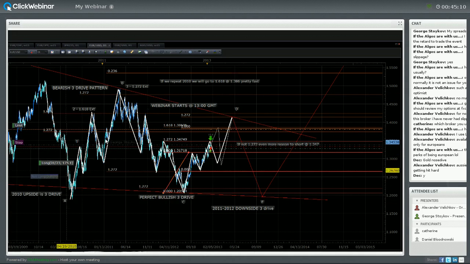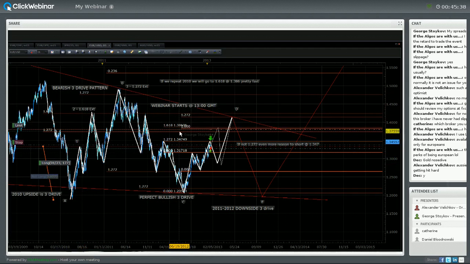Since 2010, we have been having both the upside and the downside in nearly perfect tree drive patterns. The upside from 2010 to mid 2011 was in a tree drive pattern. This was the first leg of the tree drive pattern. This was the second leg. The second leg went all the way up to the 161.8 extension, and the third leg went to the 127.2